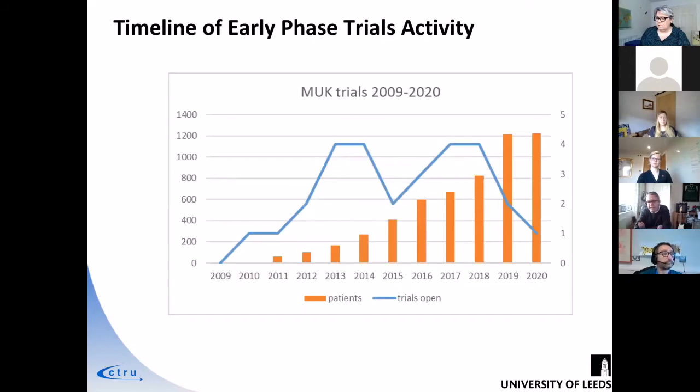And when you look at the activity that we did, Eric Lowe, Gareth Morgan, and myself came up with the MUK-Ctn concept back in about late 2007, early 2008. It launched as an entity in 2009, and you can see the recruitment of patients. Patient numbers is on the left-hand axis, and number of trials is on the right-hand axis. And you can see the activities we went through until the CTN closed as an entity at the end of